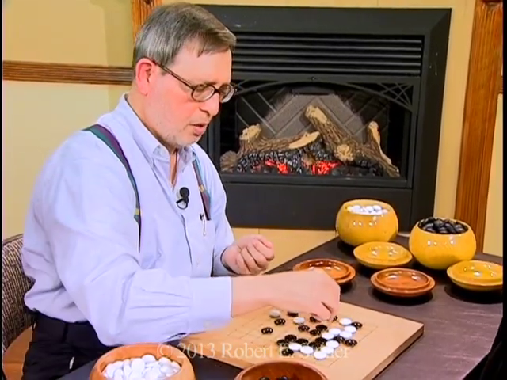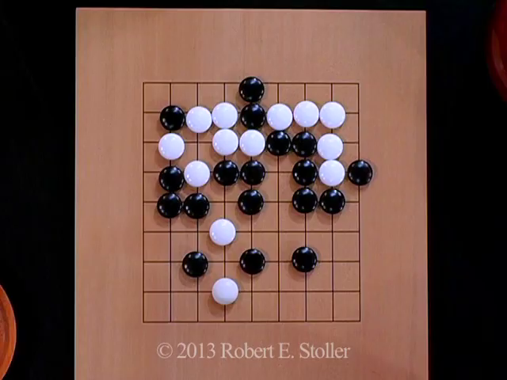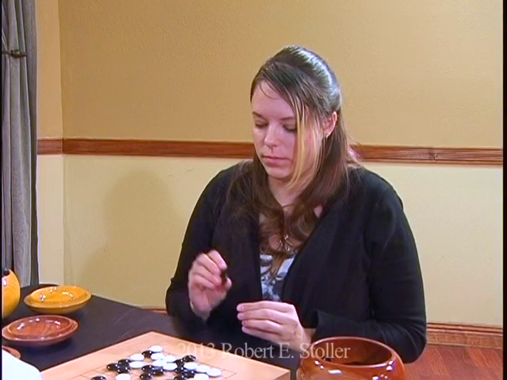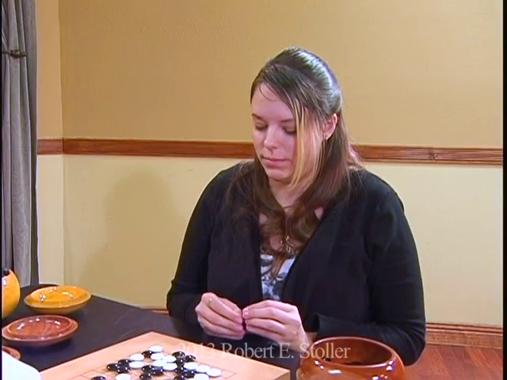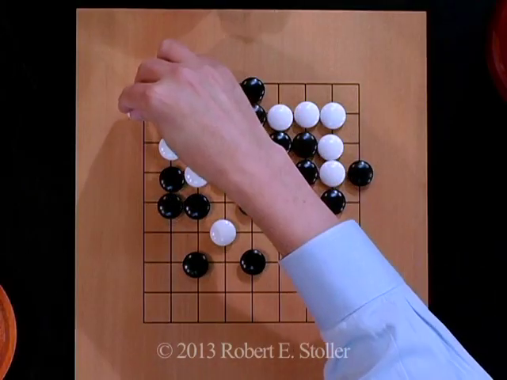And this is over here. So it's white's turn. Atari to you. Okay, very good. I'm going to get this ing stone out of the way. I'm going to capture